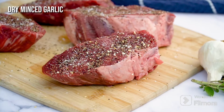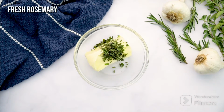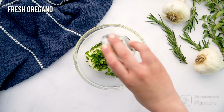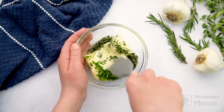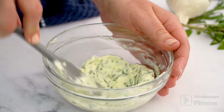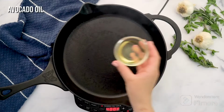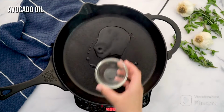While my pan is preheating, I'm going to go ahead and make the compound butter. This is a 1/2 cup of softened butter, and I'm adding to that some fresh rosemary, fresh parsley, and fresh oregano, about a tablespoon of each, and getting those chopped up nice and small. And then I am going to put this in the fridge just for a couple minutes while I'm searing these